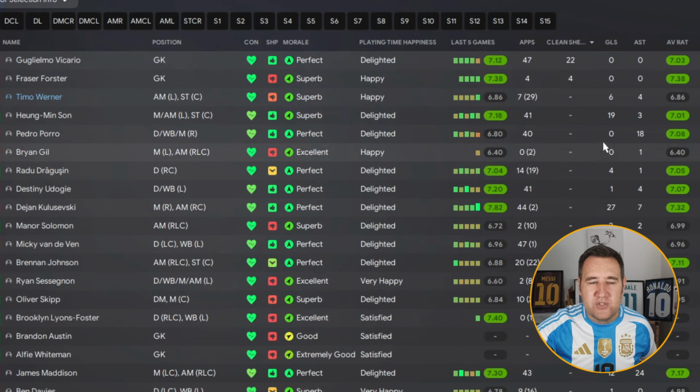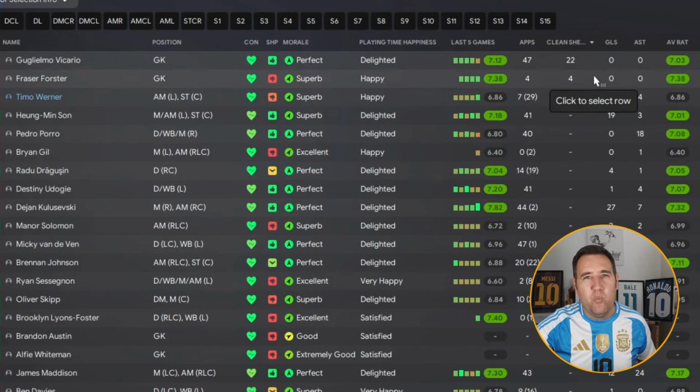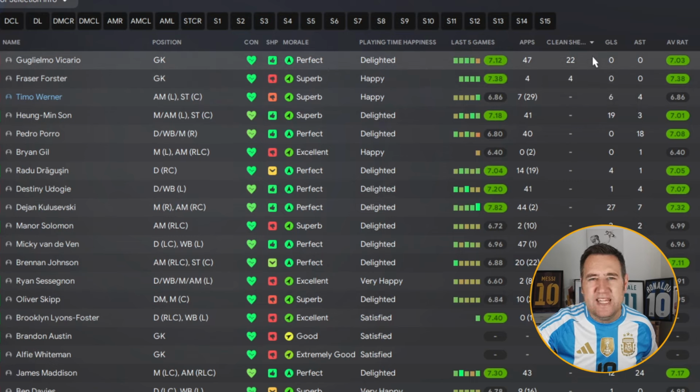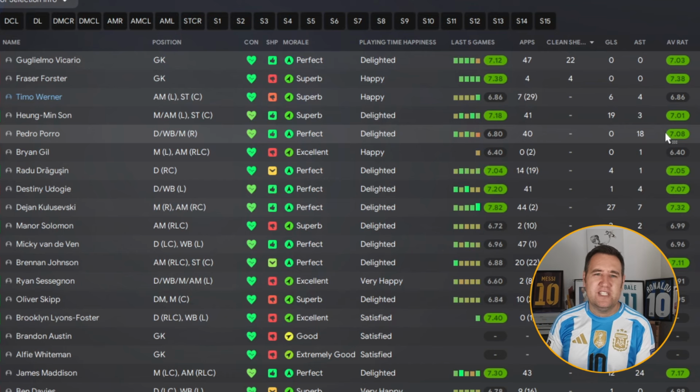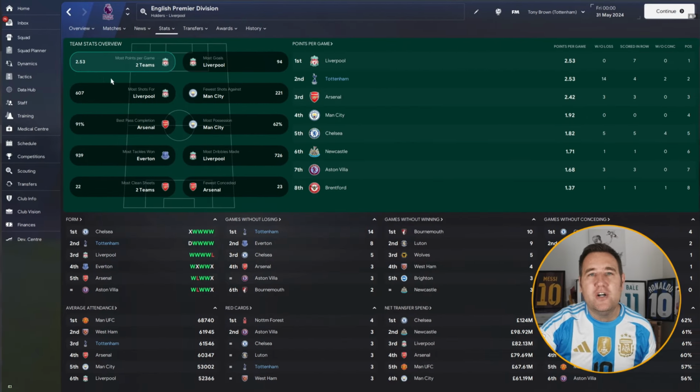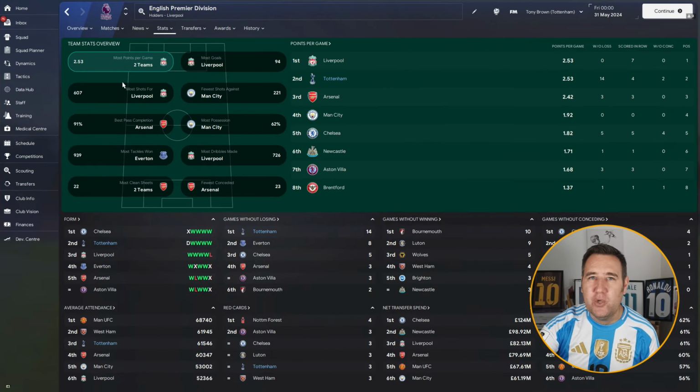Whenever I look at clean sheets, we've got 26. And with Tottenham, that is very good. Like I say, we had 22 clean sheets in the league. This is all competitions. But in the league, Vicario had 22 clean sheets in the Premier League. Amazing. On to team stats now, and we've got a 2.53 on most points per game, which is very good,